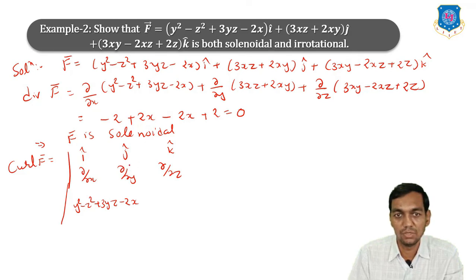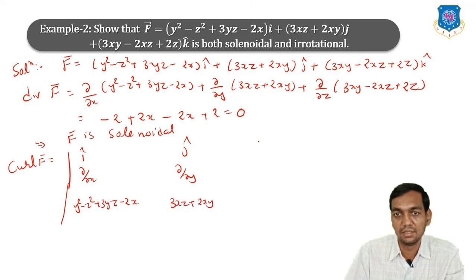So here what we are going to do, we are going to write this term separately. In the same manner, j component 3xz plus 2xy and k component 3xy minus 2xz plus 2z,